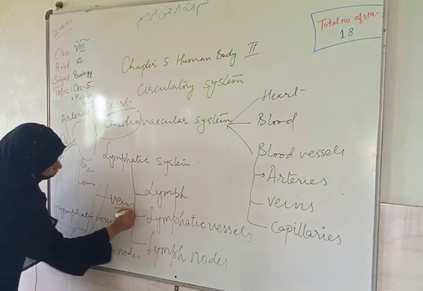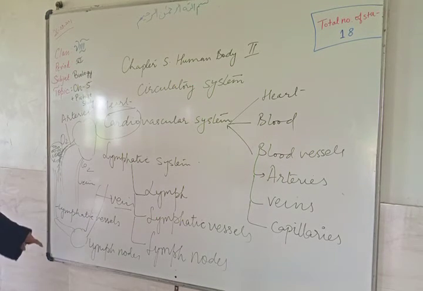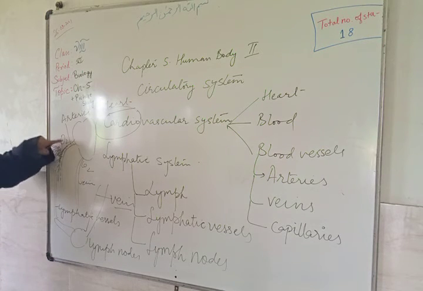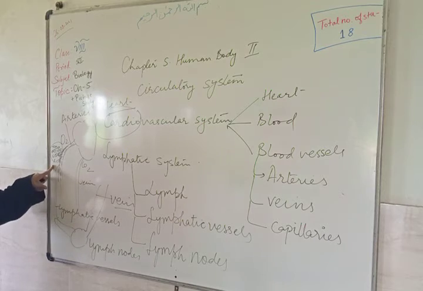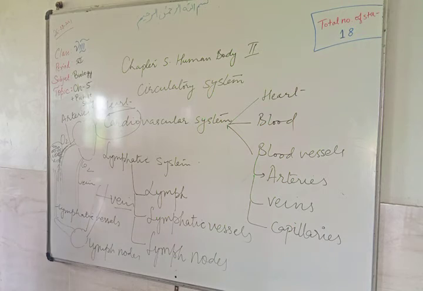Is it being purified? If foreign particles are there, they are just attacked by the WBCs. The lymph nodes, like the tonsils, are checked by the doctor because if infection is there they are affected. So my purpose is to tell you that the lymph comes from the arteries, drains into the veins, and the vein carries the liquid to the heart.